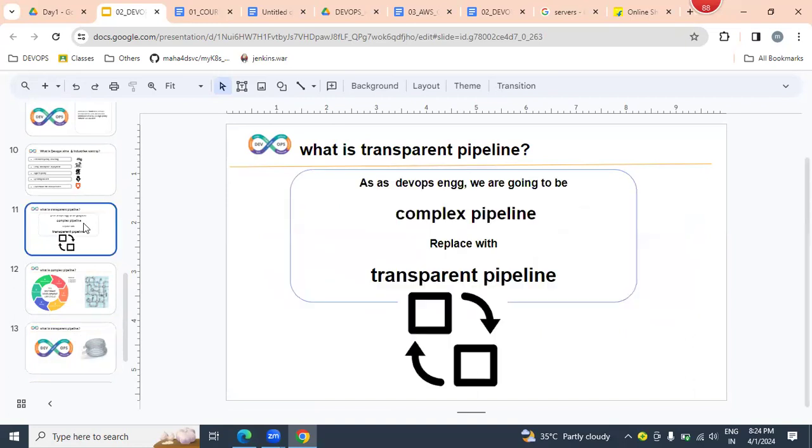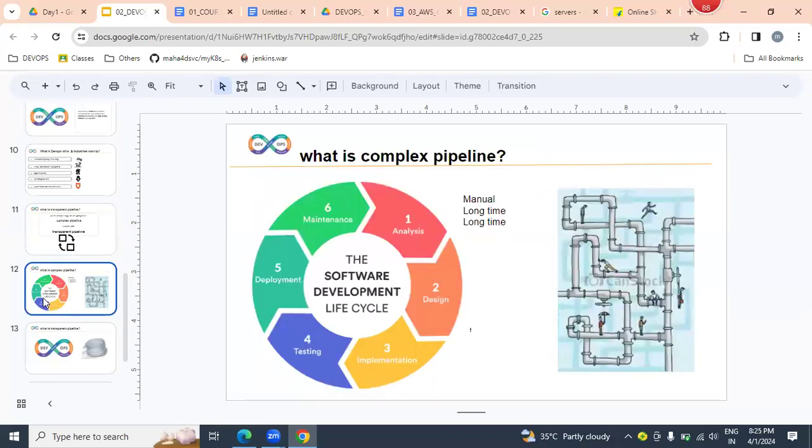We are going to replace the complex pipeline with a transparent pipeline. First, let us try to understand what exactly a complex pipeline is. Why are we calling SDLC a complex pipeline? Because it is a manual process: from analysis to design, to implementation, testing, to deploy, to maintenance. It is a manual process.